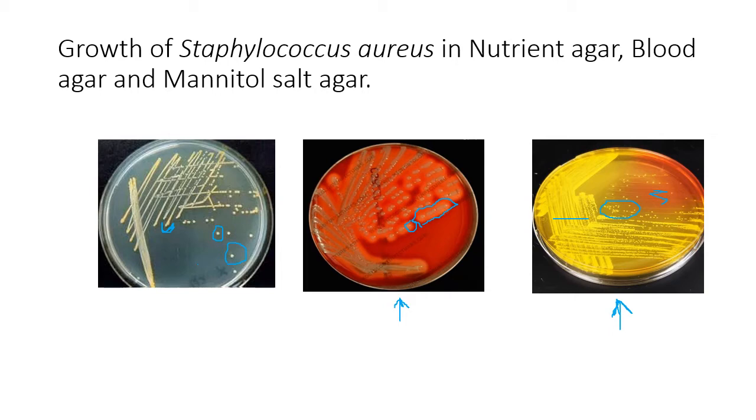Of course, blood agar is also telling you on the basis of the pigment and on the basis of the hemolysis that it looks like Staph aureus, but there are some Staph aureus which may not be beta hemolytic. But predominantly you should understand if it's a golden pigment and there is a zone of hemolysis and it is opaque, then in all probability the chances are that it is Staph aureus.